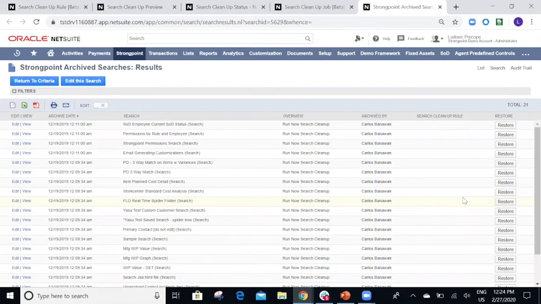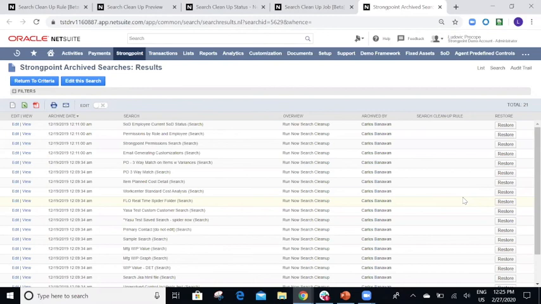So nothing is gone, it's all safe, people will be notified. What is great about this tool is, as an admin, it's very easy to gain some points, increase the performance of your system, and unclog all the searches that are not being used within your system. So if you create overarching rules, you'll be able to say, oh, this is how much we have cleaned up, but also you'll be able to identify